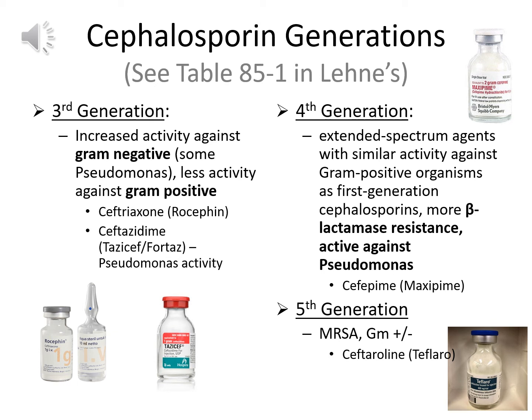And they also maintain their activity against Pseudomonas, like we had with some of our third generation. So an example of that would be cefepime. Maxipime is the brand name. And finally, our fifth generation. These are actually a few targets. We have a few targets with the fifth generation, and one of the major targets was MRSA, the methicillin-resistant Staphylococcus